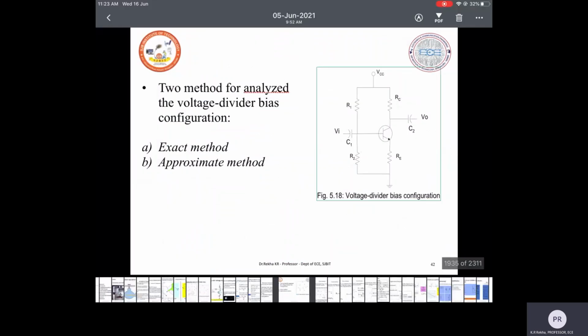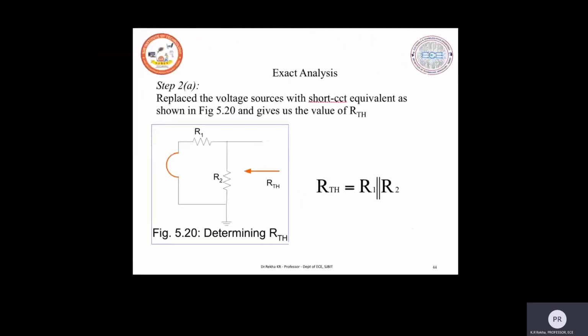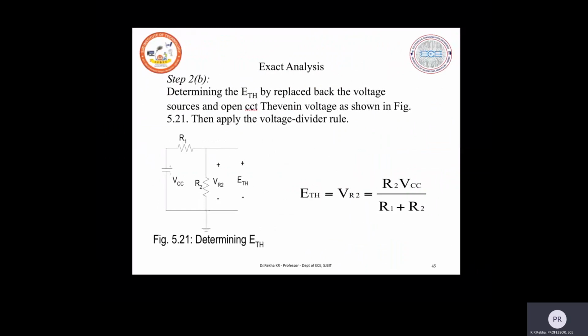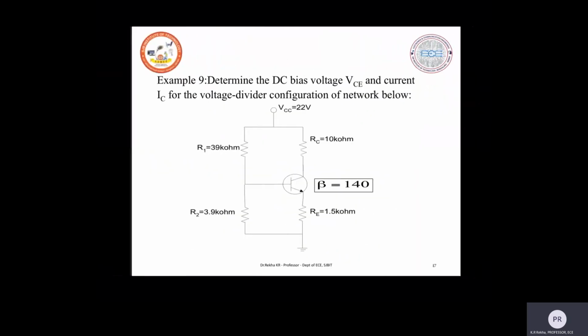One example on this voltage divider biasing circuit. In the voltage divider biasing circuit, we have studied the approximate method as well as the exact method. So on that we will do one problem so that we can finalize this. So now